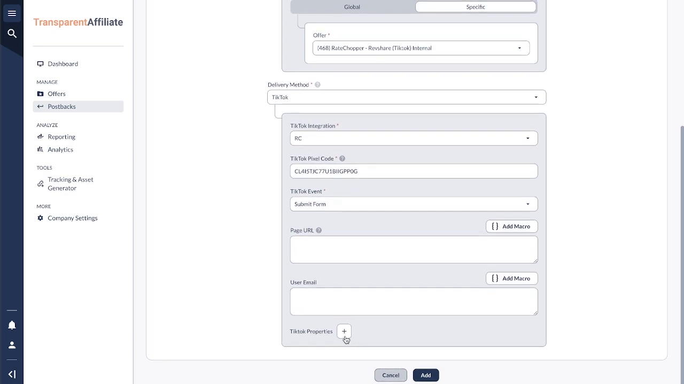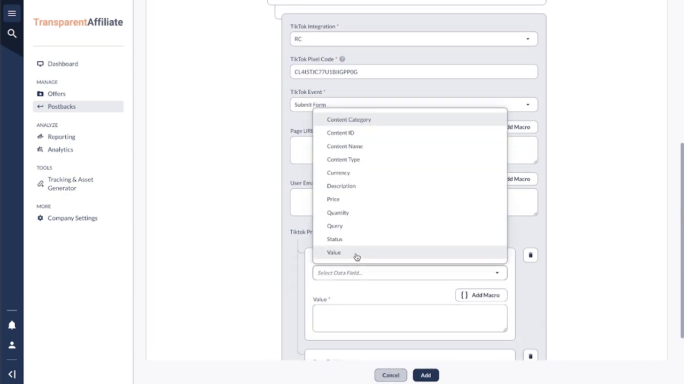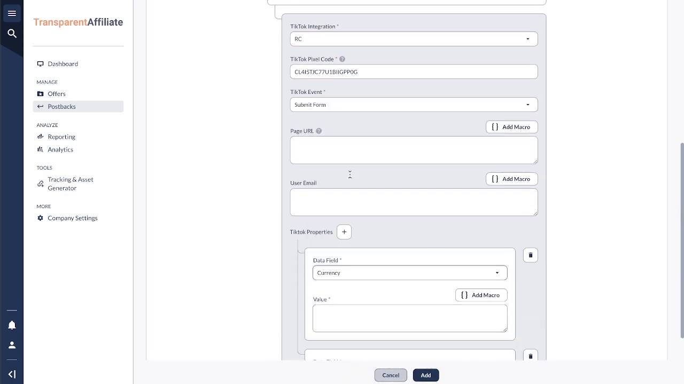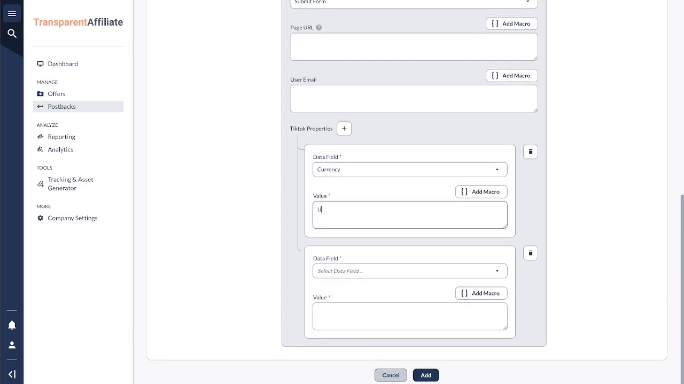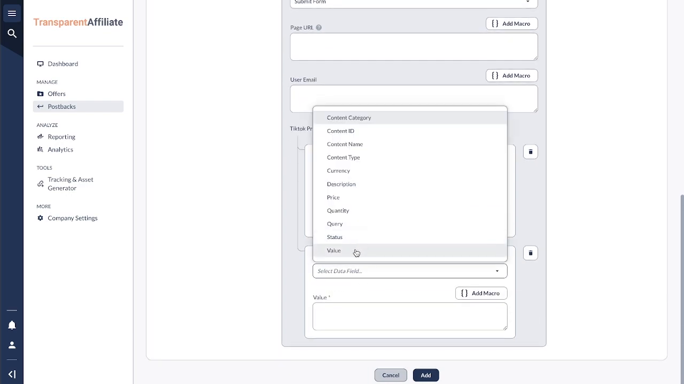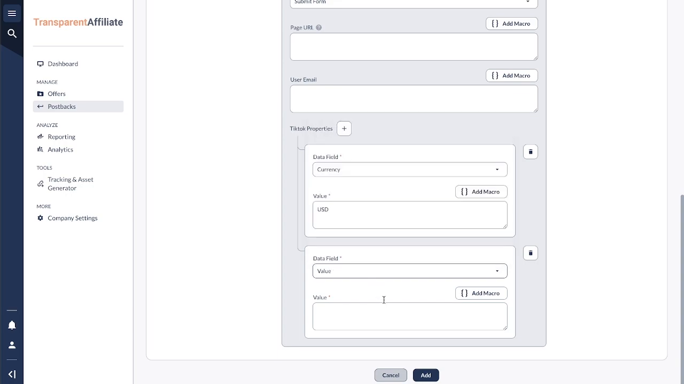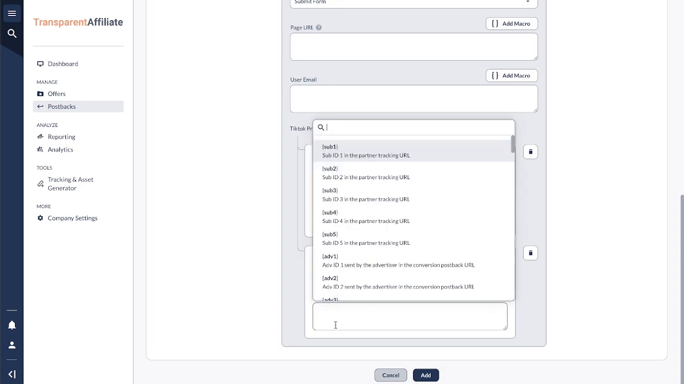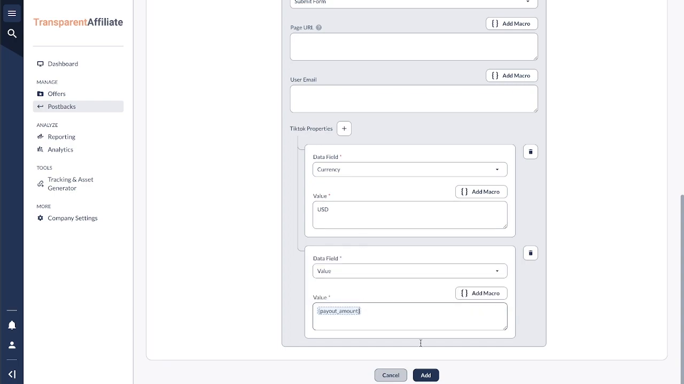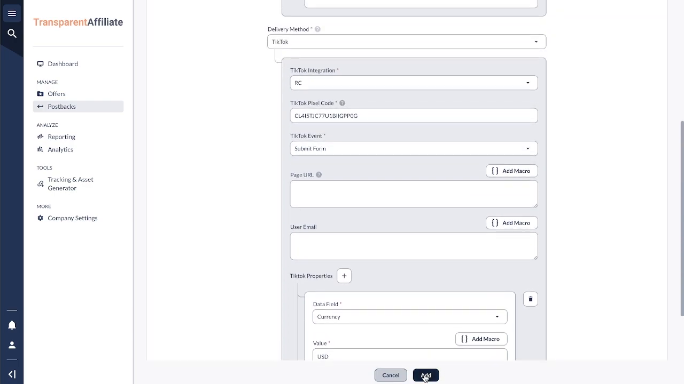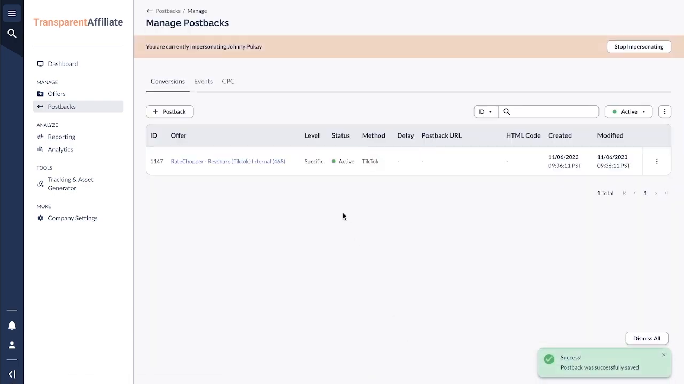So we're going to add some TikTok properties so that the pixel can learn a little bit more. So we're going to do the currency, we're going to do USD. And the value, this is basically going to be the conversion value that's going through. That's going to be, do an add macro, and you're just going to do the payout amount. Yep. And then once this is done, you're just going to click add, and now the pixel is good to